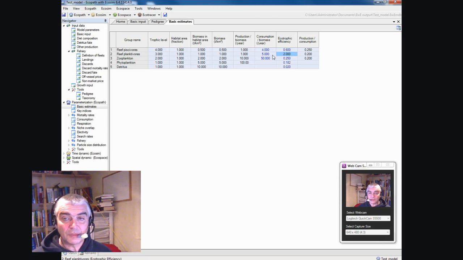However, when we look at the reef planktivores, the value of 2 suggests that twice as much of that animal as there is in the ecosystem is being consumed. Now that's not possible, so we have to think what's wrong with our data at that point. There's something wrong with the model. So we need to go back to the basic input here,